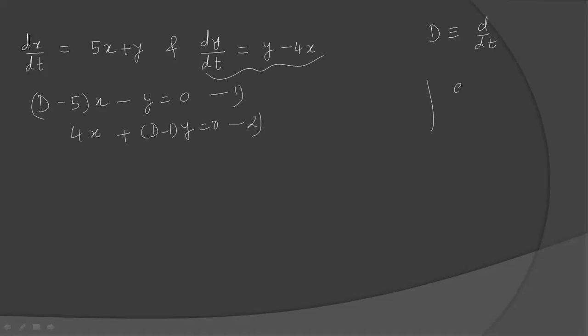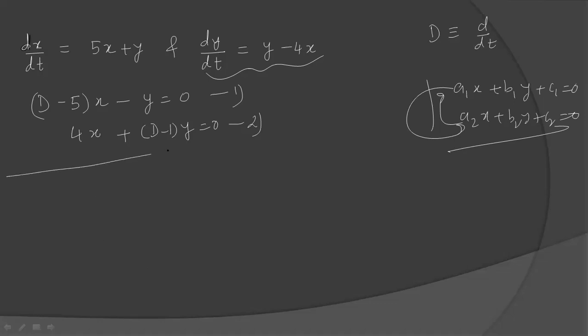If you remember, in class 6 or 7 this was the way to solve linear equations a1x plus b1y plus c equal to 0 and a2x plus b2y plus c equal to 0. You equate the coefficient of x, multiply a2 here and a1 there, then subtract or add to eliminate the variable x and find the value of variable y. A similar method, elimination of variables, we will use here. So we will multiply by 4 the first equation and by D minus 5 the second equation.